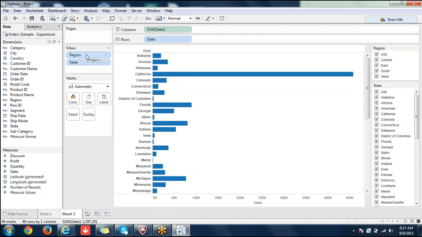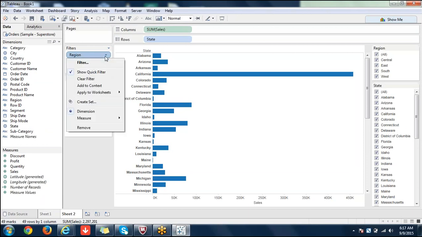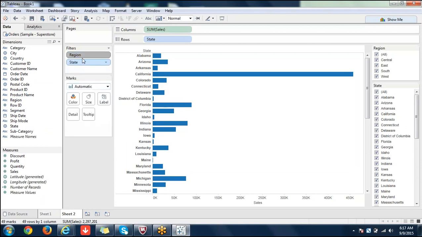That means if you have 1, 2, 3, 4, the first three you can add to context, and the last one, which is 4, you can add to context. Now please observe, am I adding to context? See that color changed. Whenever you add a filter, the color will change like this, to gray. That is a standard one in Tableau.